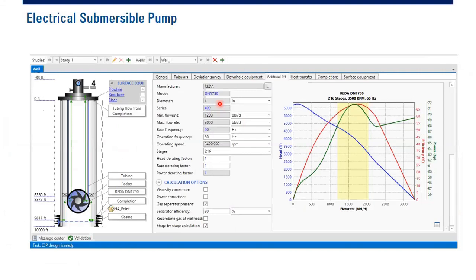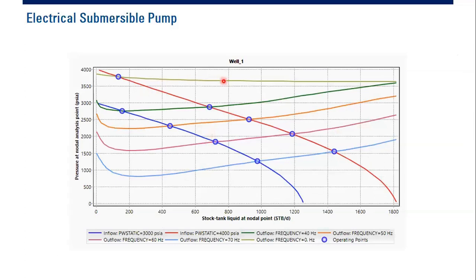I do this in PipeSim. So there are also several parameters that will influence the performance of the ESP. For example, the operating frequency, all right, and then the stages of the pump. So if I vary these two parameters, of course, the nodal analysis will change. For example, I do the combination of those two parameters. Oh no, I only vary the operating frequency, but I also vary the reservoir pressure.